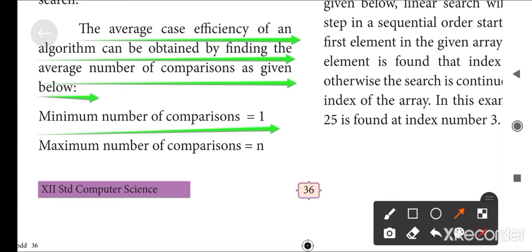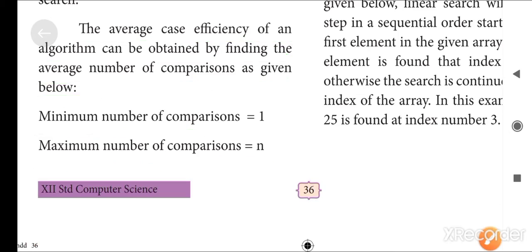That is the best case, where we have only one comparison, because the element is found at the top of the list, the first element. The second one is the maximum number of comparisons, equal to n. This is the worst case efficiency of an algorithm.